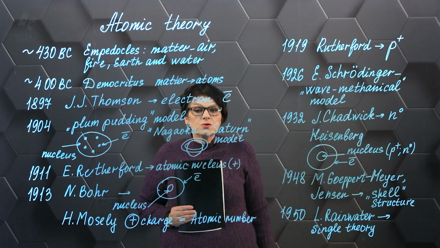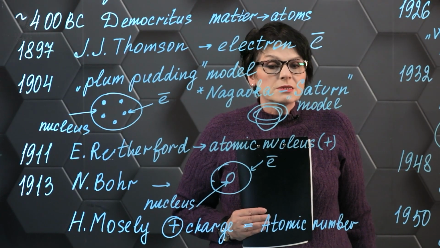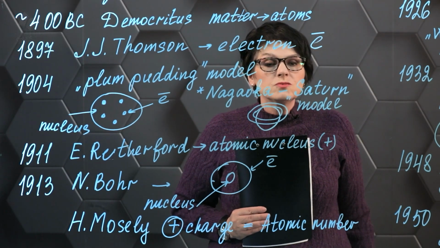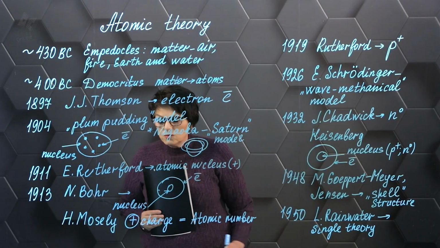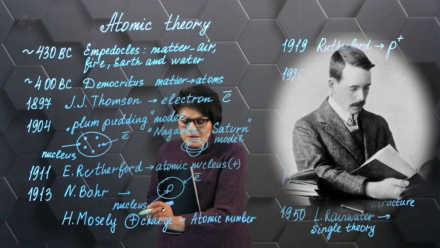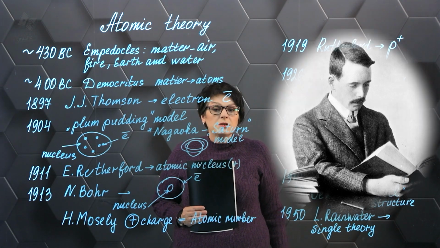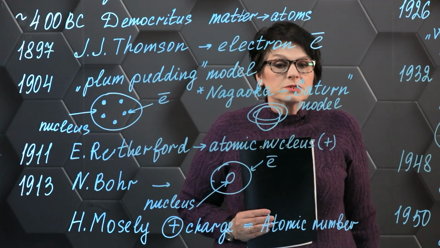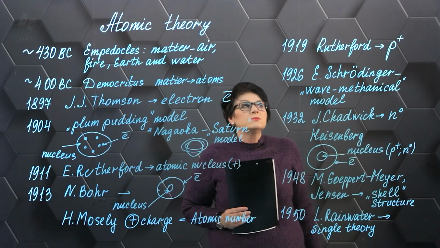With this came the famous Bohr theory, which states that electrons can be in certain stationary and non-stationary orbits. Moving from one orbit to another, an electron can emit energy or absorb it. Then at the same time, the scientist Moseley suggested and proved by calculations that the positive charge of the nucleus coincides with the atomic number of the chemical elements. For example, if hydrogen has an atomic number of 1, then its positively charged nucleus has the same charge, plus 1.